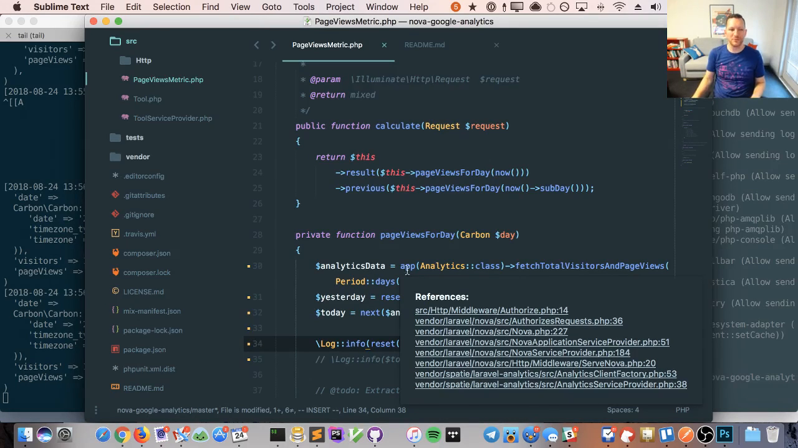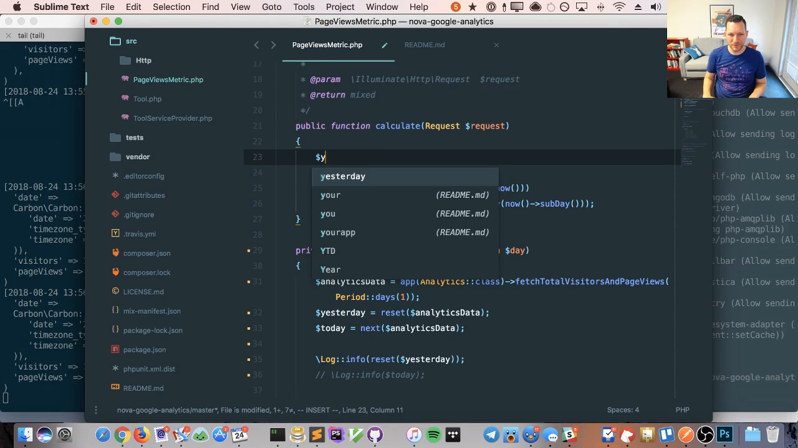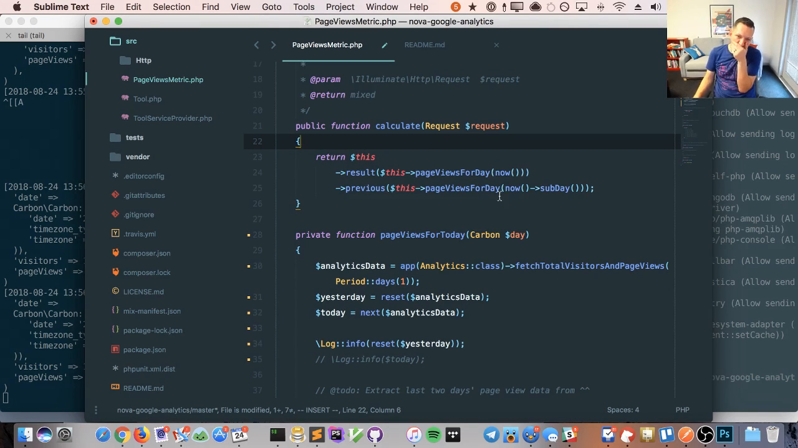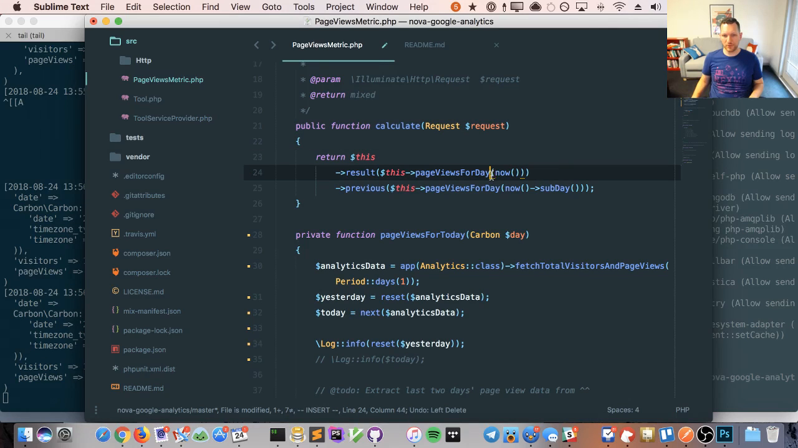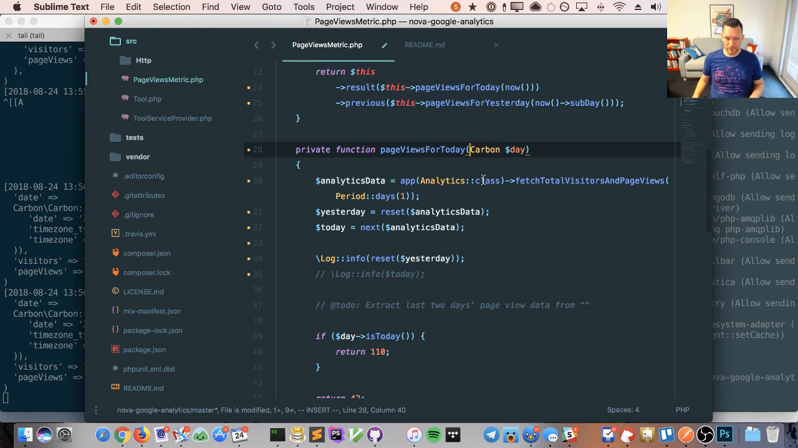So I don't want page views for day based on what I'm getting here. I really want page views for today and page views for yesterday. This is really what we want. But I don't like that because I'm trying to abstract it in a way that will work later. But let's just screw that. Let's just say we're going to do a page views for today, a page views for yesterday, and then we're going to refactor the whole thing later. Why not? All right. So page views for today is going to fetch this, and then it's going to